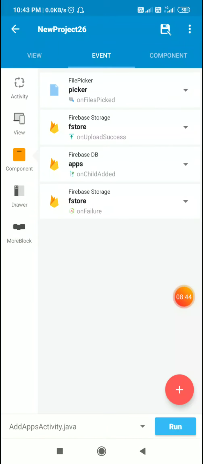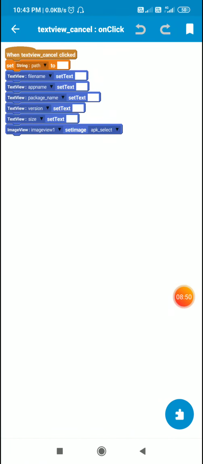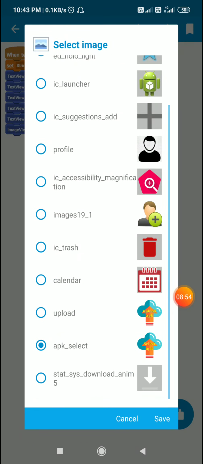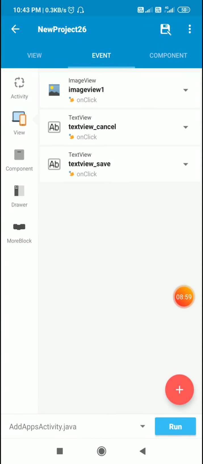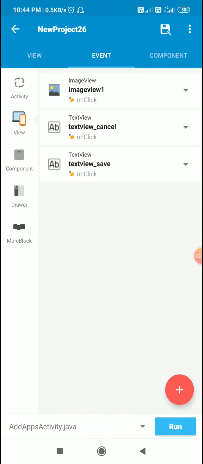After that I have this cancel and upload button. So when user clicks on cancel button I make everything empty, and for image view 1 I set this image as the image of image view 1, and when user clicks on text view save, this is the upload button, text view save. So when user clicks on the upload button,